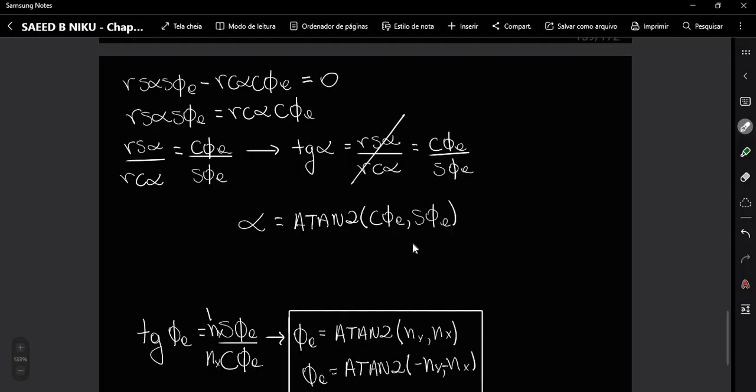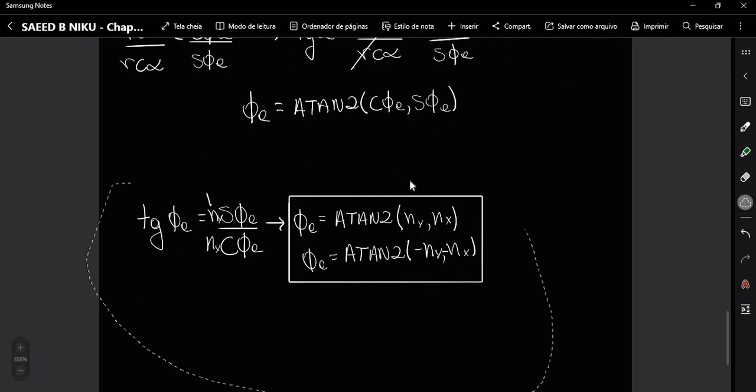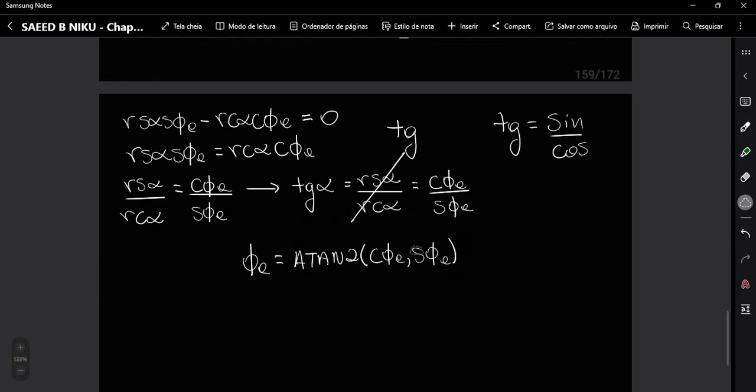Okay, so this is the tangent. To know the tangent, to extract the phi A, because the relation between tangent, sine, and cosine is this one. Okay. Now